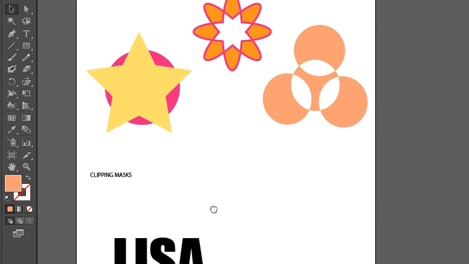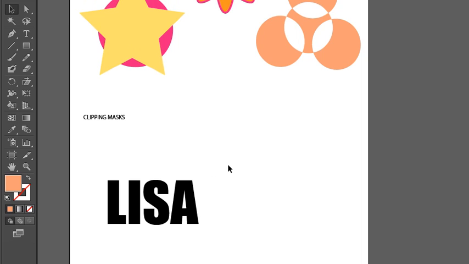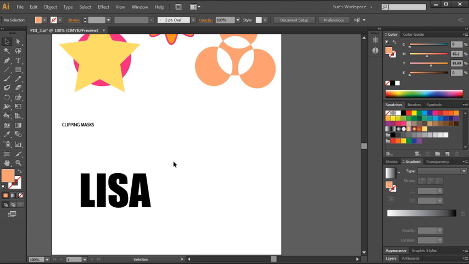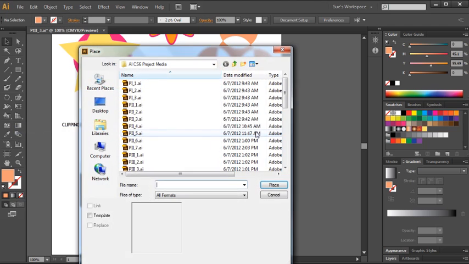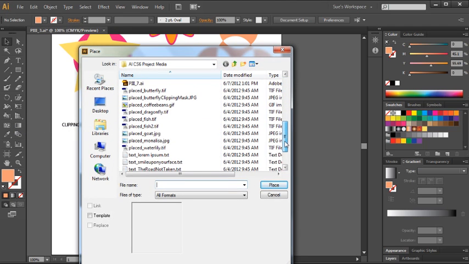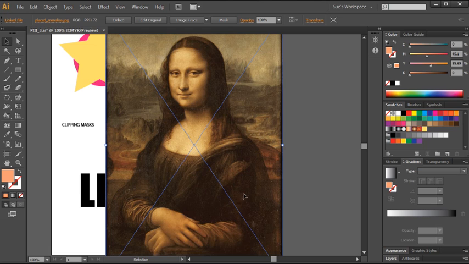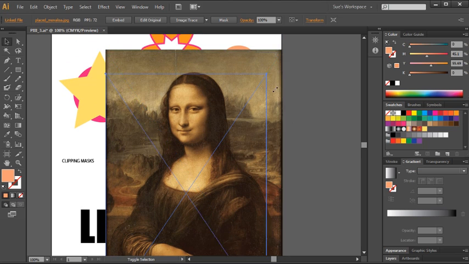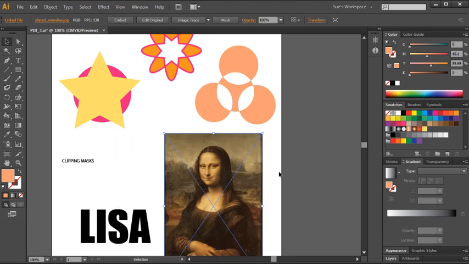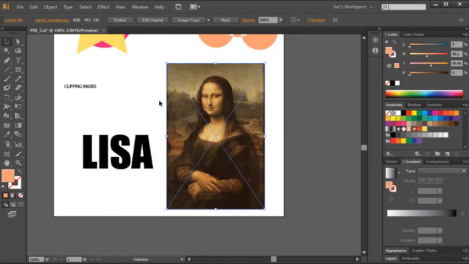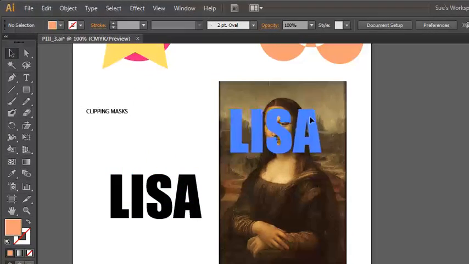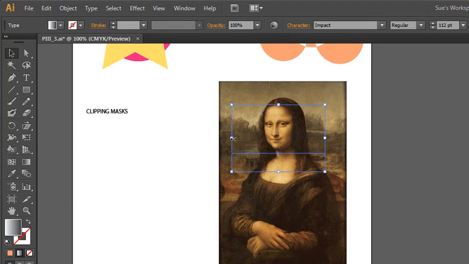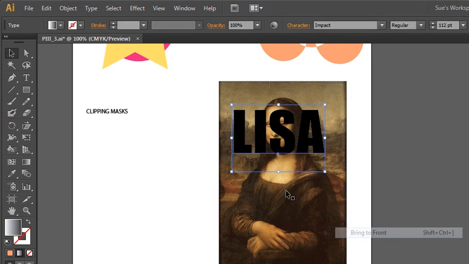So now I'd like to talk about clipping masks. Clipping masks are different from compound paths in that you can use a shape to mask another shape. So for instance, I have a picture of the Mona Lisa, which I can place into the file. And let me scale that down so it's roughly the same size. There we go. So now if I wanted to place the word Lisa right here and bring it to the front, like so,